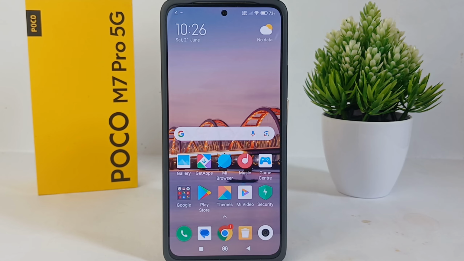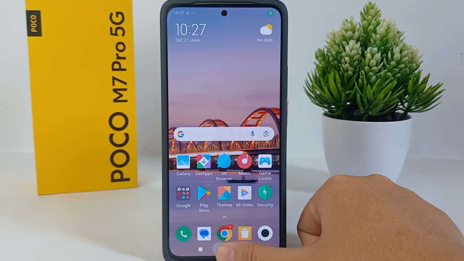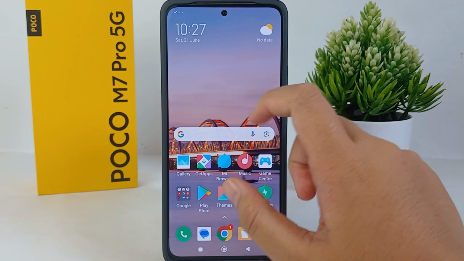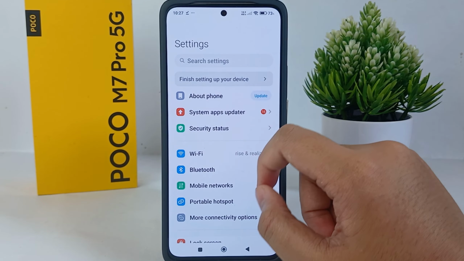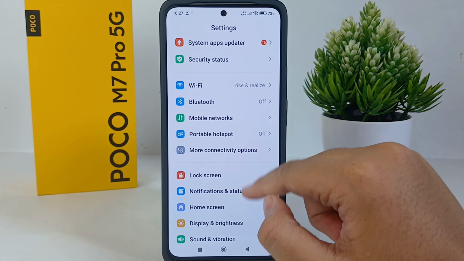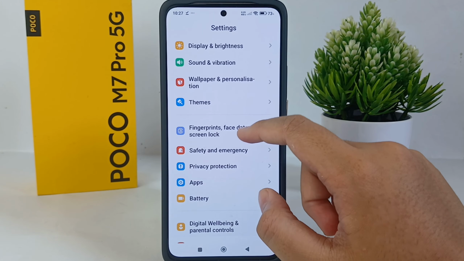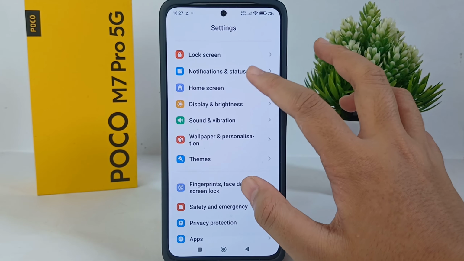And how to do that is very easy, so without any further ado, now let's get started with the tutorial. Alright guys, the first thing first, I will show you. If you long press on the menu button like this, a Google Assistant pops out like this. To turn it off, now go to the settings menu, scroll down,